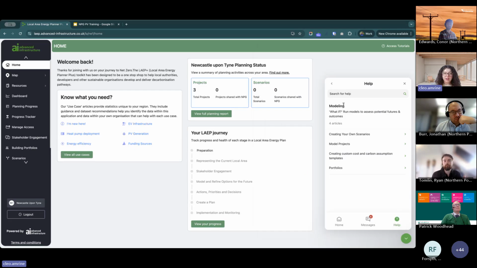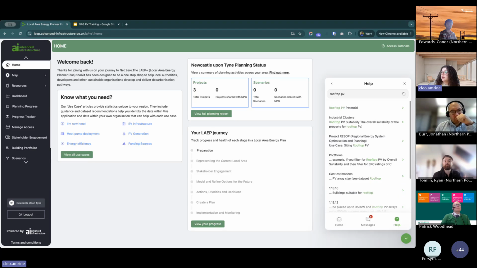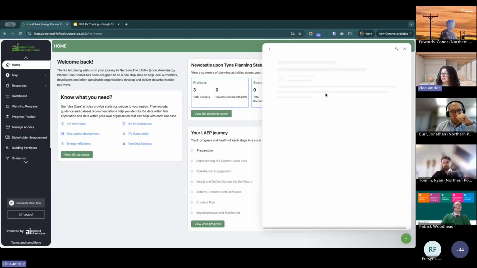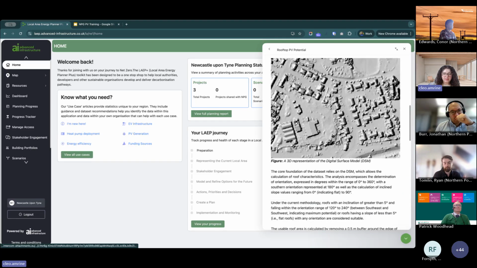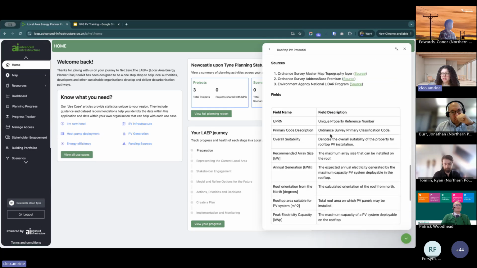So if you're confused on any tools in the platform, how to use them, what they're for, you can check out the knowledge base. You can also search here. You can also find some bits about some of the data sets in the platform as well. So any of the data that we have added in that's been modeled by our team, you can find the methodology in here. For example, if you wanted to look at how we've determined whether or not a building is suitable for rooftop PV, if you search that in the knowledge base, you can get to this rooftop PV potential guide, where you can see an overview of the data set, our methodology, our sources, our assumptions, that kind of thing.